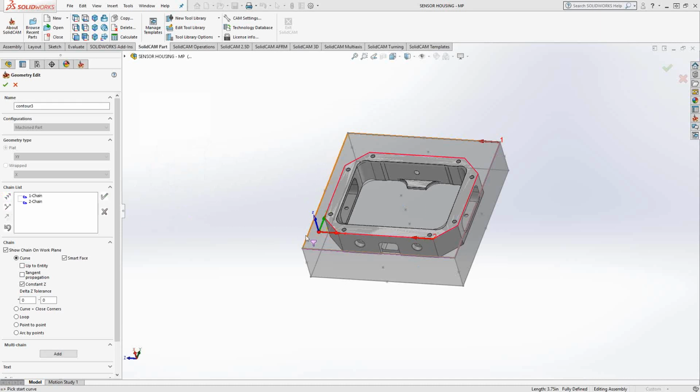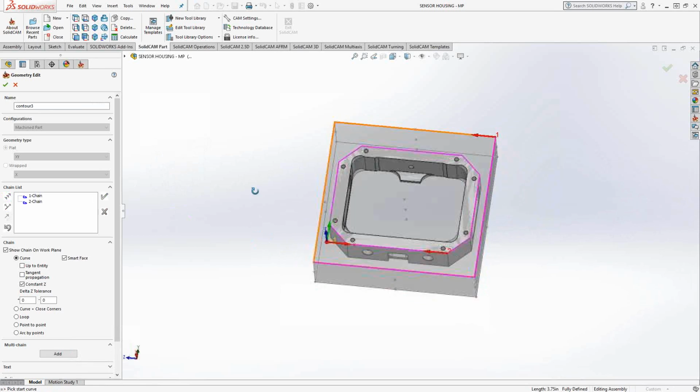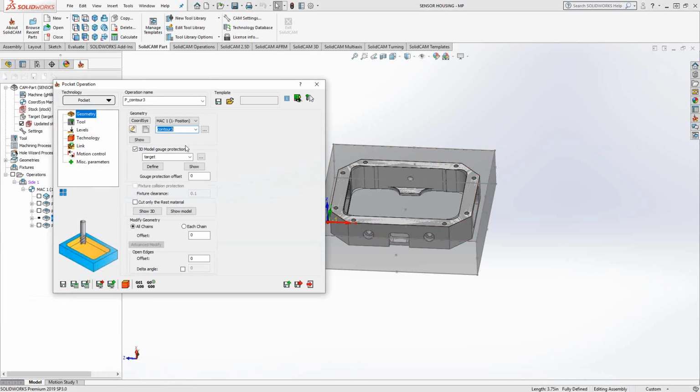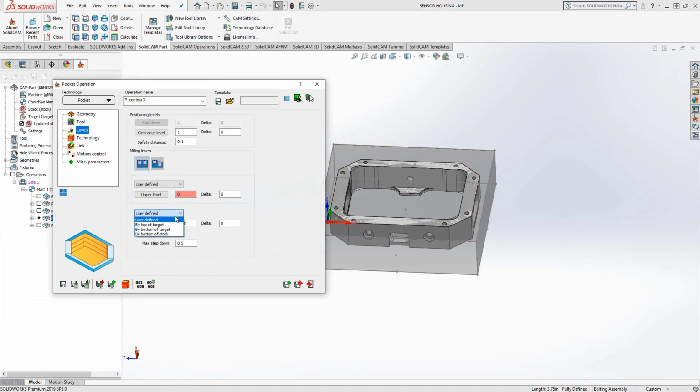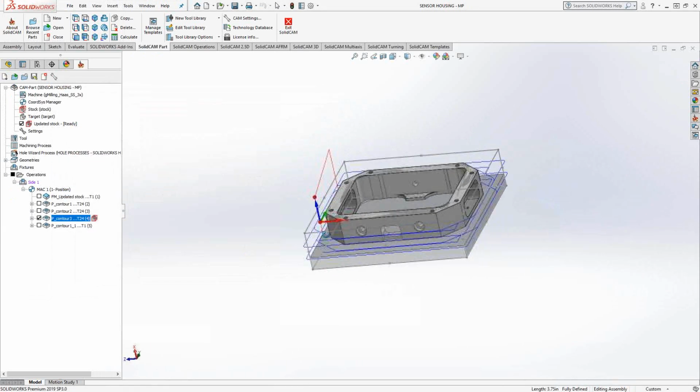So now in between those two chains is what I want SolidCAM to machine using the pocketing toolpath. But my 1-inch tool will not fit in between these two chains. But that's not what I'm asking it to do. I'm asking it to actually just machine until it reaches the inner chain. So I need to tell it that this outer chain is open, meaning that it can cross those lines. It can do a side entry. So if I just right click, I can go to mark chain as open. That chain is open. I can click the green check mark. Levels, let's just set the levels back to the bottom of the target. Save and calculate. And you can see I've done a side entry and I've machined my way